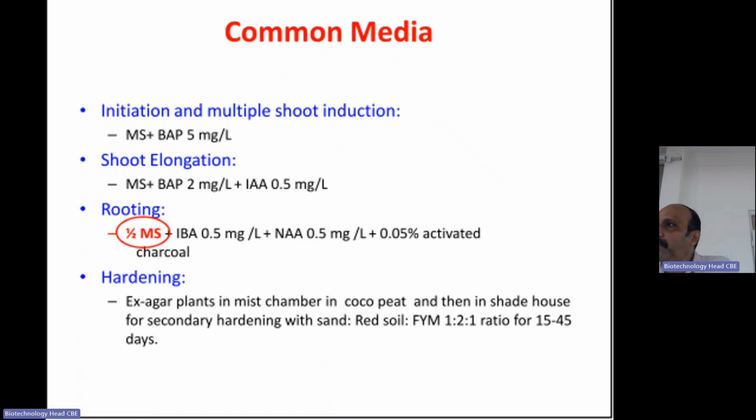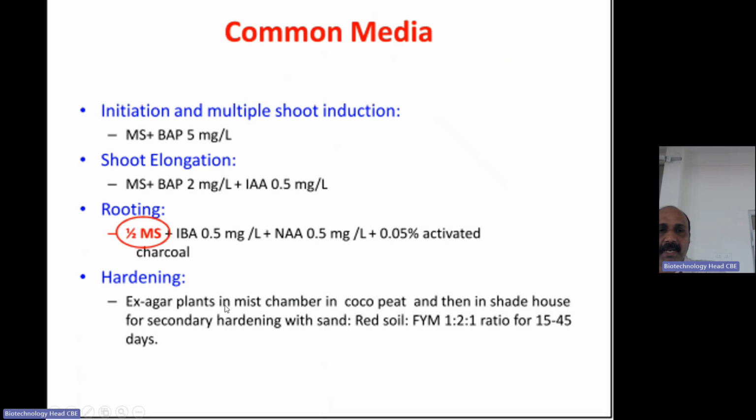So if we go on giving the nutrients, the plants need not produce roots, right? It will be taking up the nutrients from the medium. So in order to stimulate the plant to produce roots, reduce the MS to either quarter or half strength, and add auxins, IBA, NAA, and also some activated charcoal so that there is no browning and hardening of those plantlets